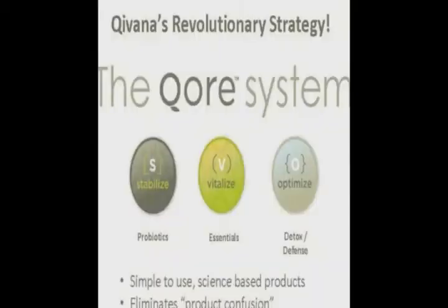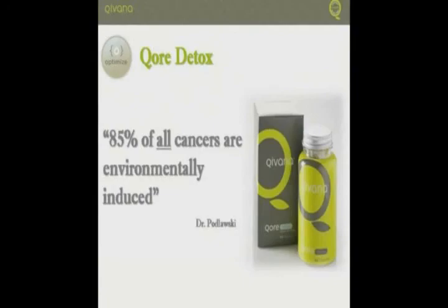So we have got now a core probiotic. That's part of the central core system of the body. We've got the core essentials, including the botanical herbs that offer those amazing benefits. And this combination is special. It is not told to everybody. You don't really know this combination of the three botanical herbs that we're talking about because they have a mixture ratio that I'm sure is quite special. We also have a detox system for removing heavy metals